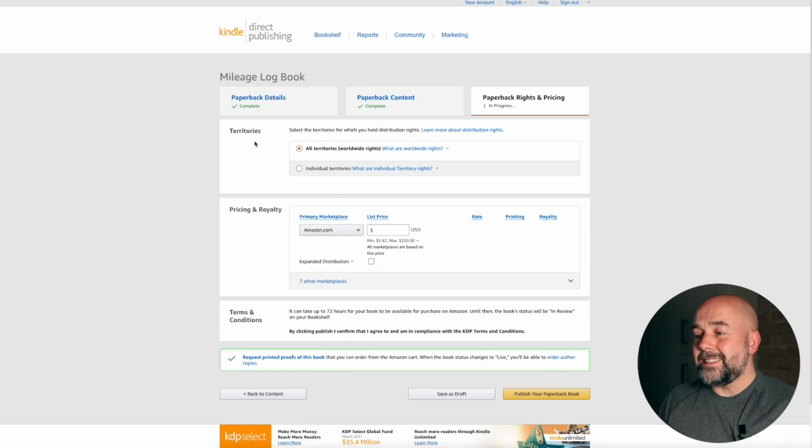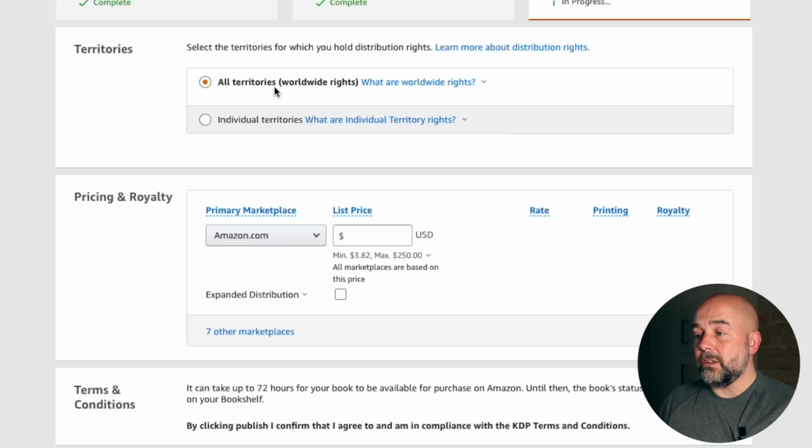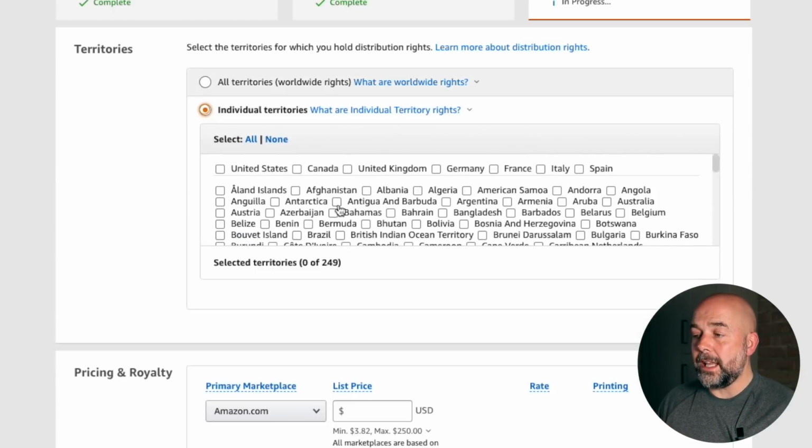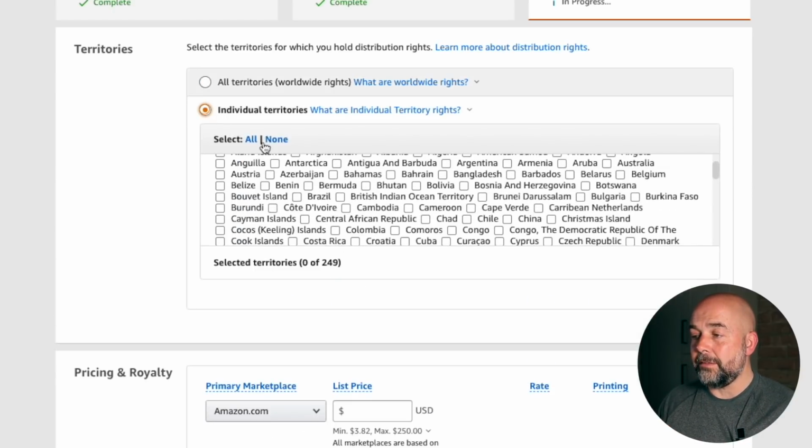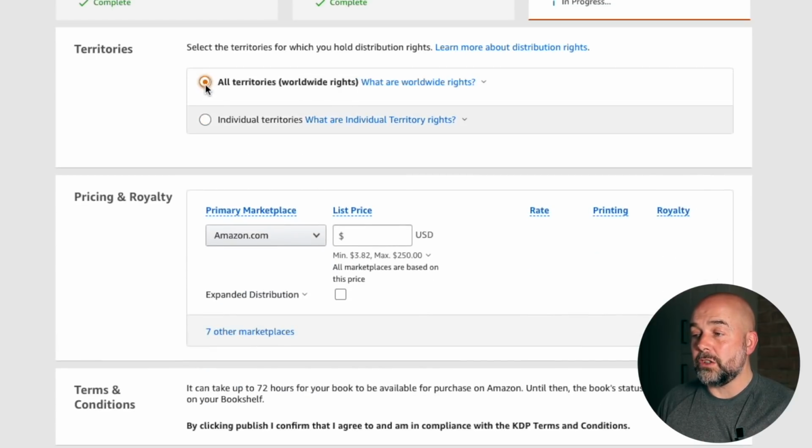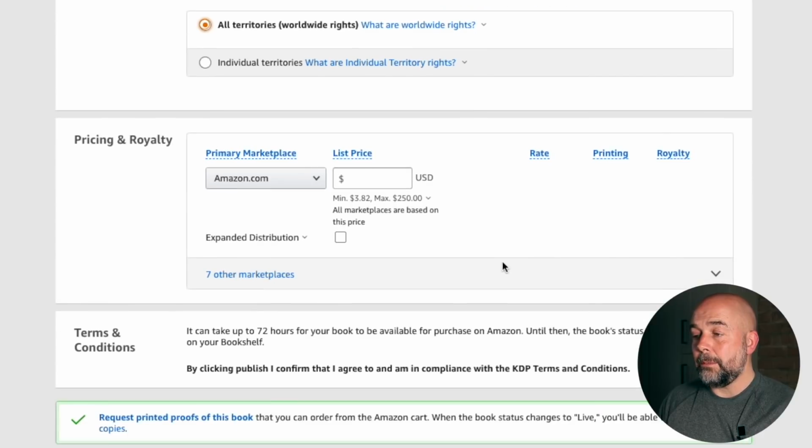Now the next box is territories. I normally just tick all territories here, and this is the territories for which you hold distribution rights. Now, I suppose if you didn't hold distribution rights for all areas, you would want to click on this box and then choose which countries you do have distribution rights to. For all my books, I just click on all territories. Then we come to